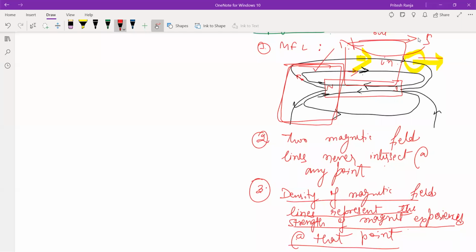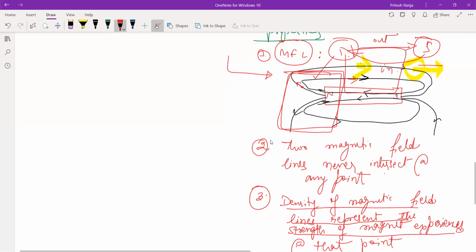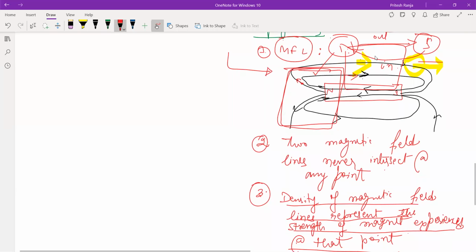You do not have any rule to determine the direction of the magnetic field line. If we had the rule, I would have given you the rule, Yashas. Here, I have clearly mentioned the direction of the magnetic field line is from north to south. If you have the direction mentioned, why would we require the rules? For what purpose are you asking for the rules?